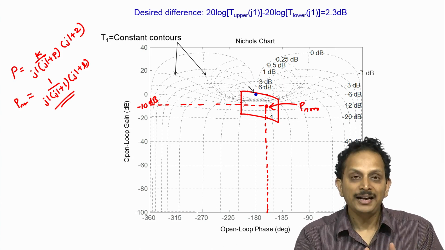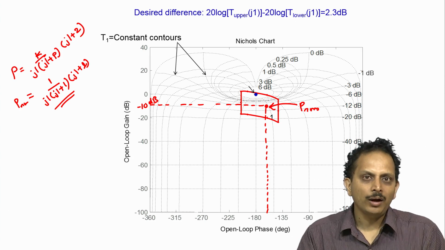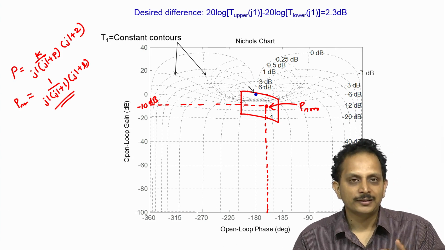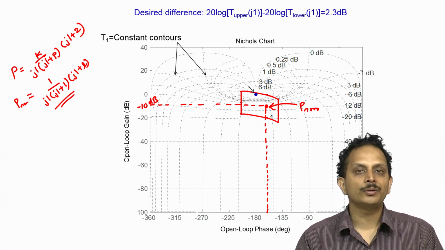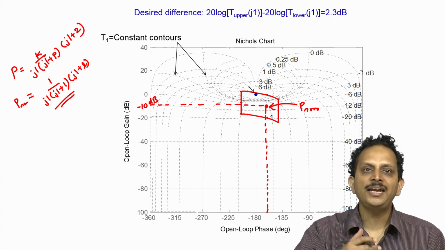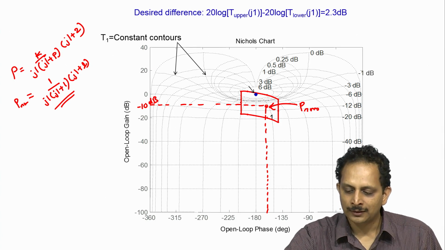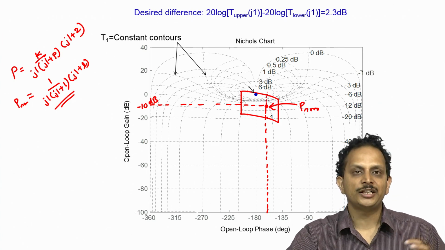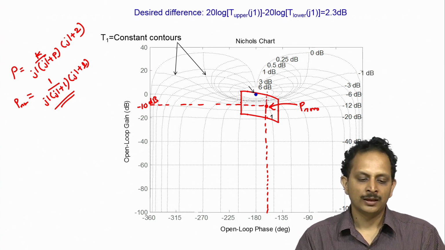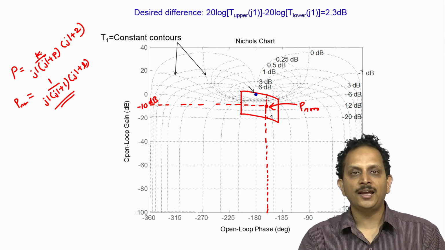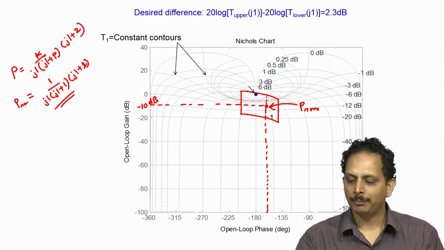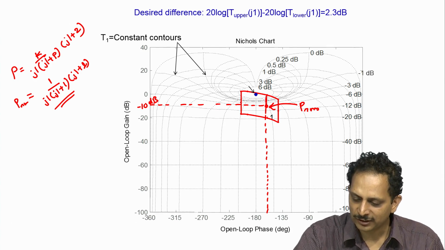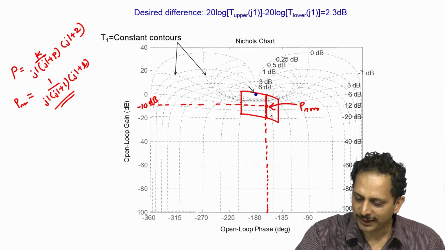However, the plant is an uncertain plant, and what that essentially implies is that it can assume different values of gain and its pole location can also assume a range of values. Now, if the plant's gain increases, then we note that the value of the plant transfer function P of j1 will increase without changing the phase of the plant transfer function. Likewise, if the value of the gain k reduces, then the phase of this plant transfer function once again will not change, but its magnitude will reduce. So, in the first case it will increase in the manner that I have shown here, in the second case it will reduce.